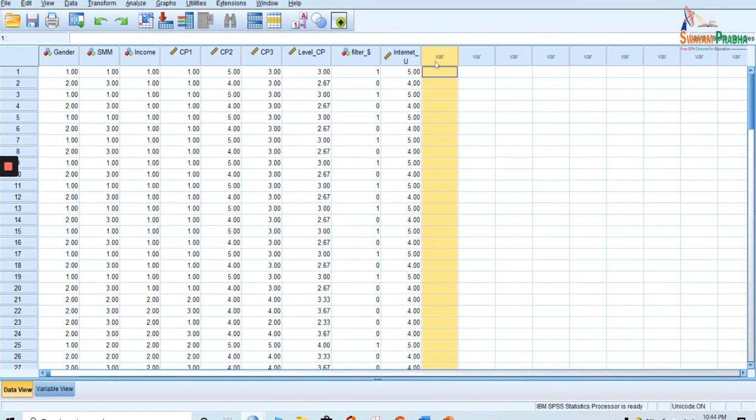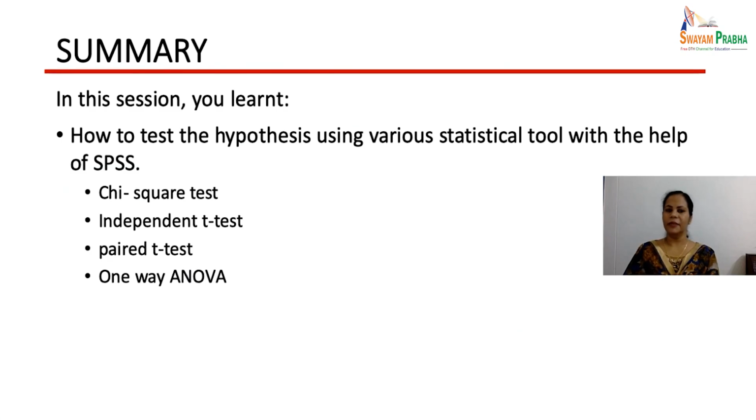Now it is over to Dr. Hermit. So let us summarize today's session. In this session you learned how to test hypotheses using various statistical tools with the help of SPSS: how to apply the chi-square test, how to apply the independent t-test and paired t-test, and how to apply the one-way ANOVA using the SPSS software.